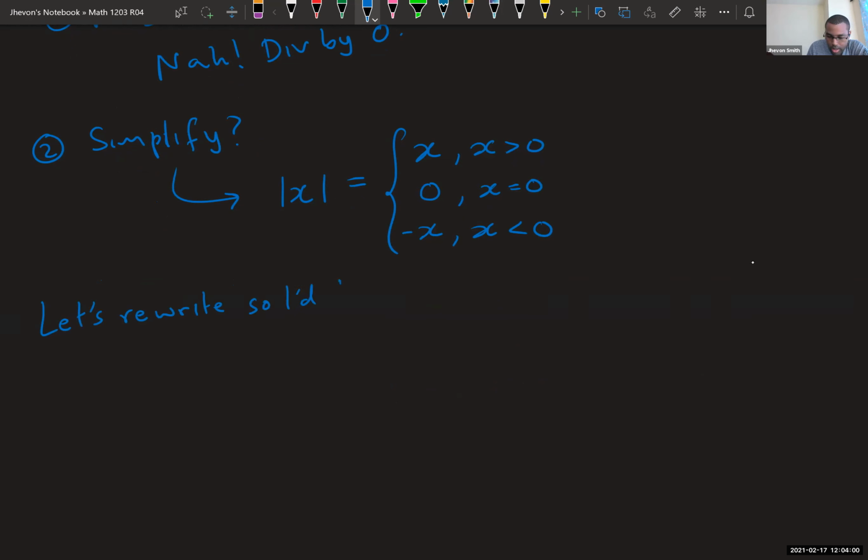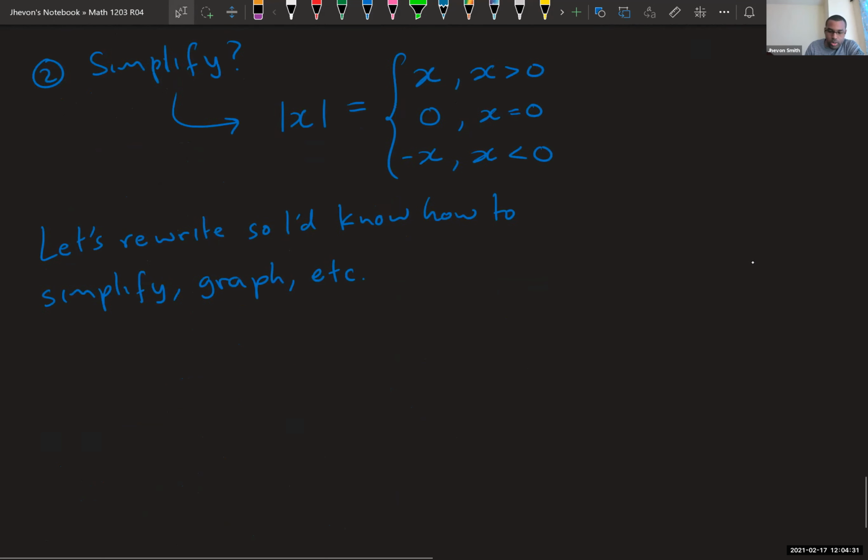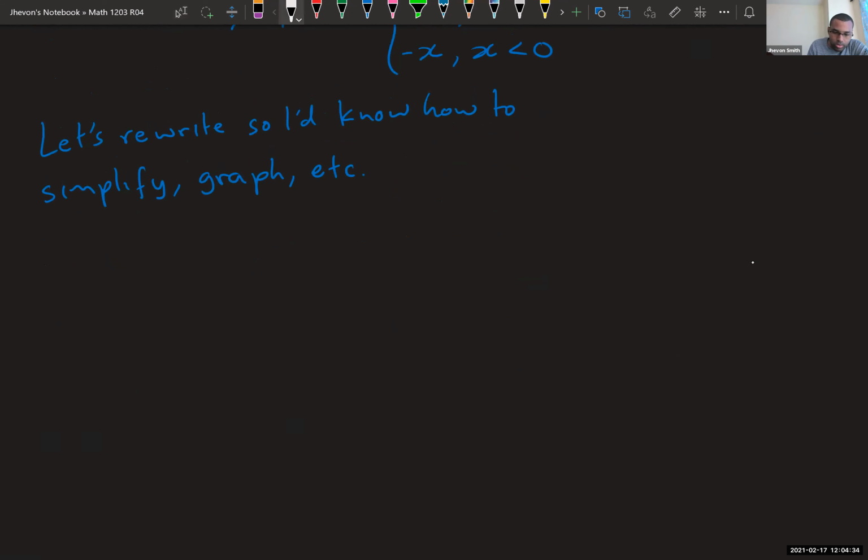So I'd know how to graph or how to simplify our graph or whatever I want to do. Simplify, graph, etc. Right? Because at the moment it's in a very condensed form that's not showing me all the information right away. So it's kind of hard for me to know how to proceed. It's hard for me to do the steps and actually know how they're going to pan out. So what I would probably do at this point is actually write it out, right? So I know that the limit